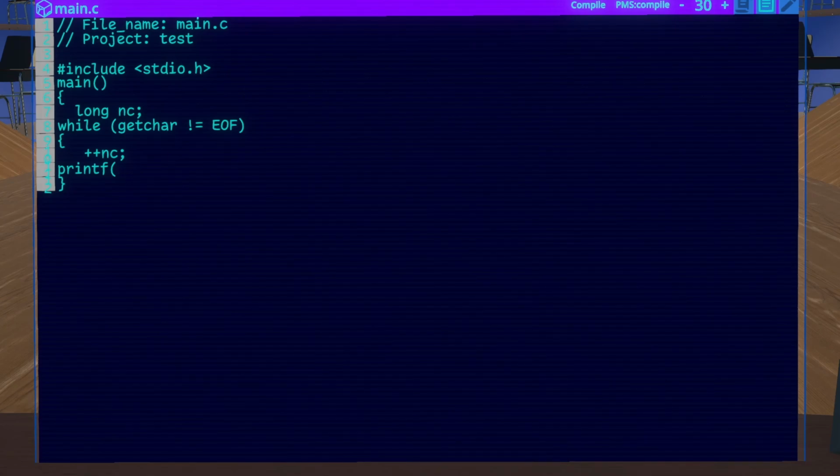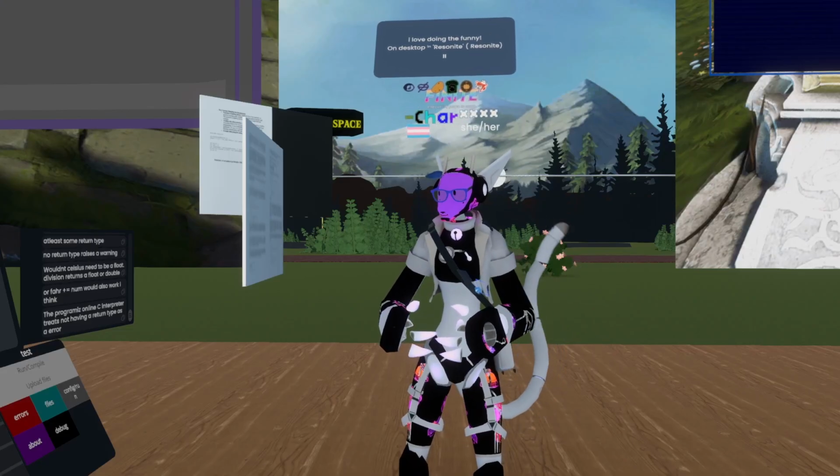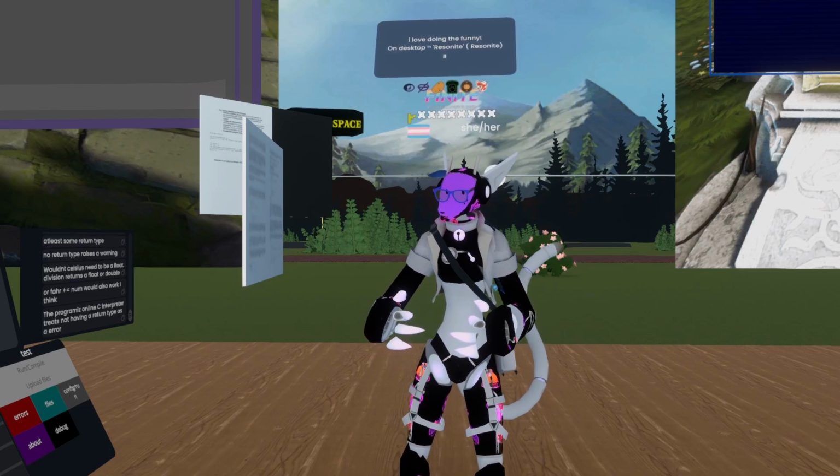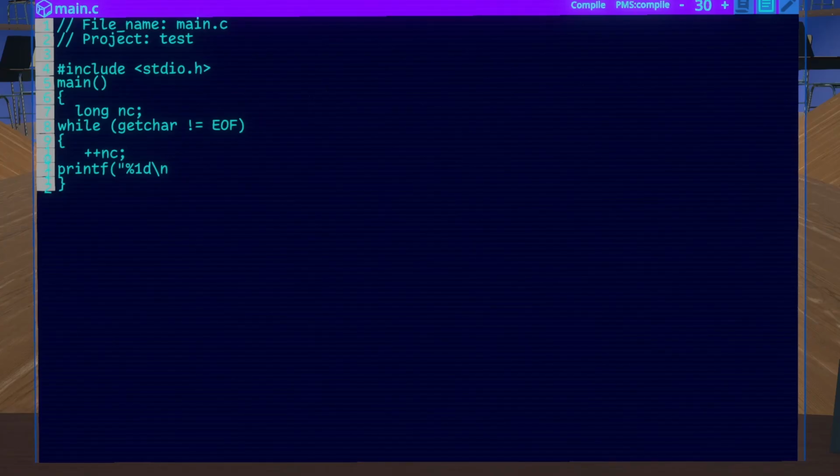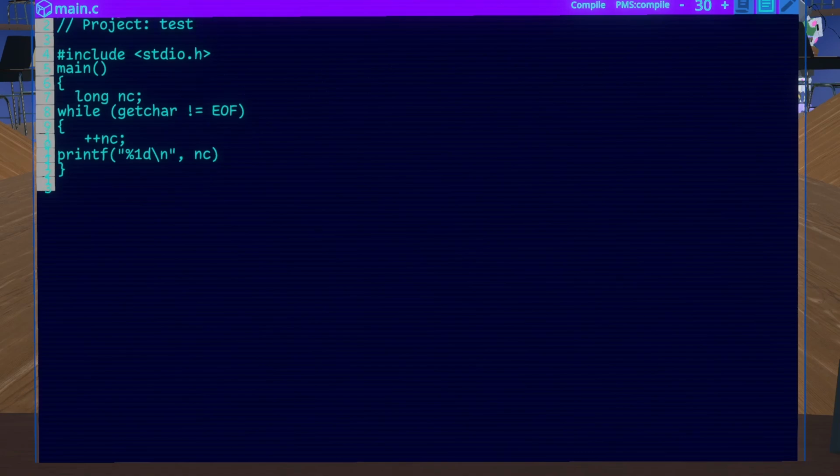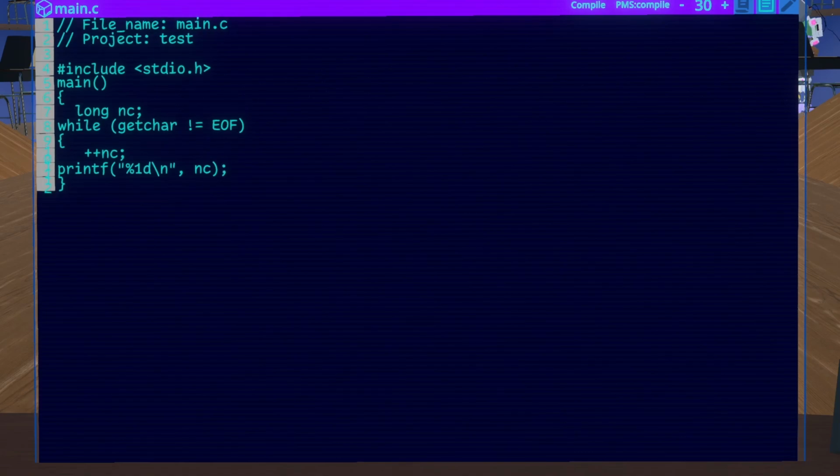Wait, no, an L. Yes, no, it isn't. %ld, from here, backslash n. Oh my goodness, can you stop printing multiple? From here, we're going to provide NC, close that off, and now we have a simple character counting program where